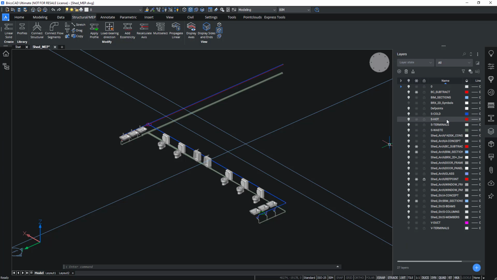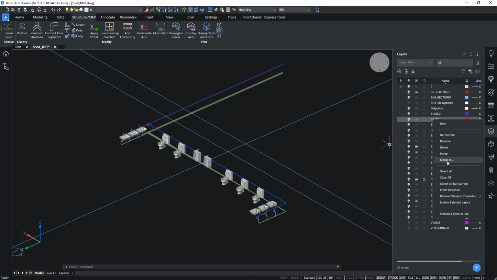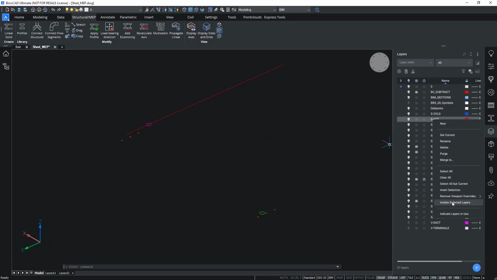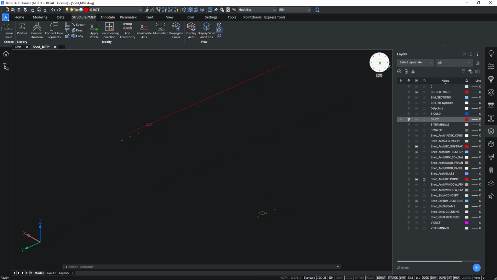Let's isolate the hot water layer here, so I can get a clear view of what is already there. And I can see currently we have this red line here and some small pipe segments we need to connect up.